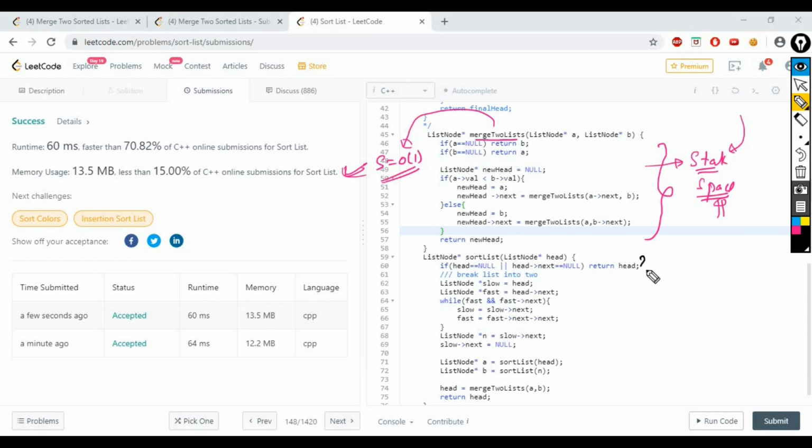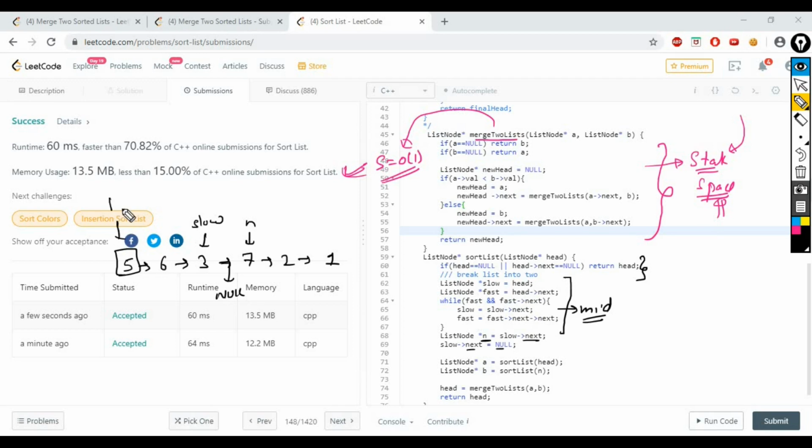So this is the base case, right? This part we already know, this part is for finding the mid. After finding the mid, we are creating two linked lists. Let's say this is my linked list: 5, then 6, then 3, 7, 2 and 1. This is my linked list after finding the mid, so this will be my slow. Now slow->next is n, so this is n. And then slow->next is null, so 3 is basically pointing towards null, and this is basically head.